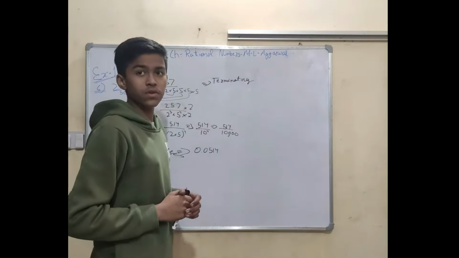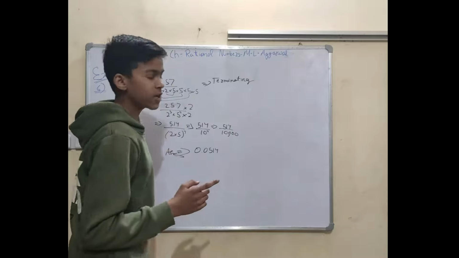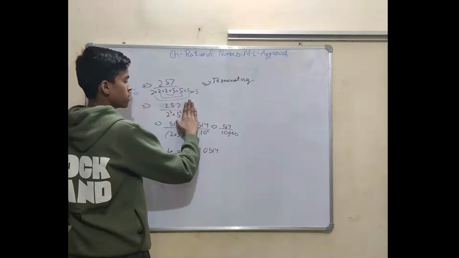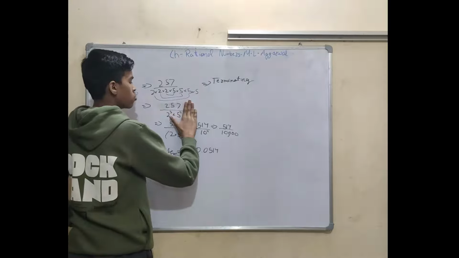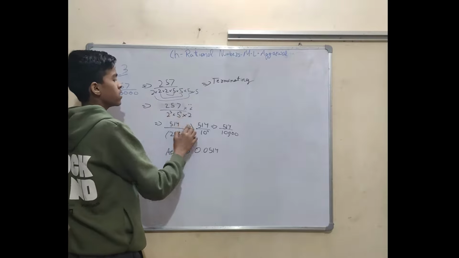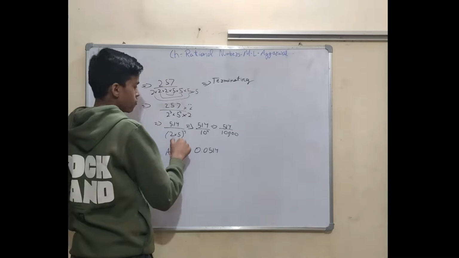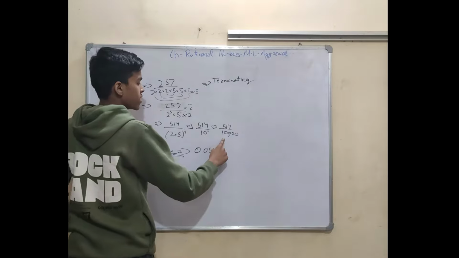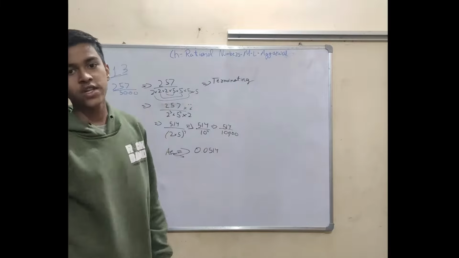Now we have to convert it into decimal expansion without doing division. So this is an important trick. Please save it for later. That we have 257 upon 2 to the power 3 into 5 to the power 4. So 2 की पावर 3 है और 5 की पावर 4 है, तो हम लोगों को जिसकी पावर बड़ी है वो पावर दोनों में लानी है. तो 2 की पावर 3 को 2 पर 4 करने के लिए एक बार 2 का मल्टीप्लाई नीचे, एक बार 2 का मल्टीप्लाई ऊपर, तो हो जाएगा 514. 2 into 5 की पावर 4 होल में. So what's 2 into 5? It's 10. So 10 to the power 4. So 10 to the power 4 can be written as 10,000, which will give us 0.0514. Okay, I hope you guys have understood.